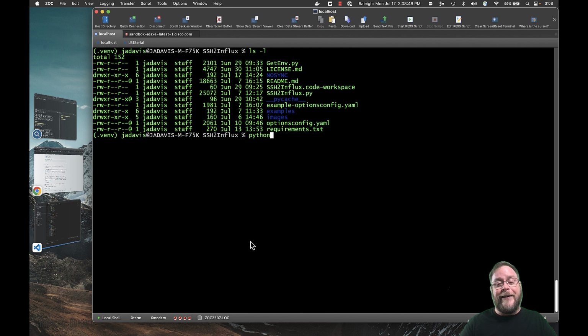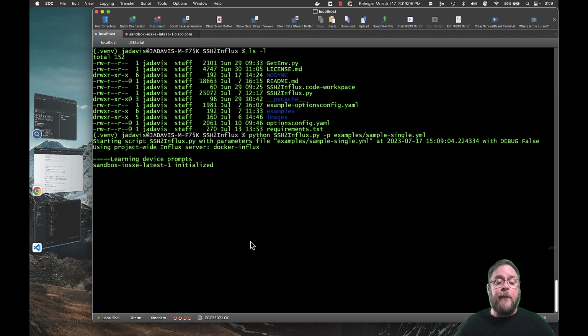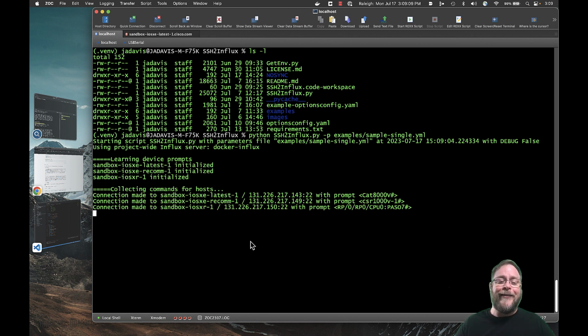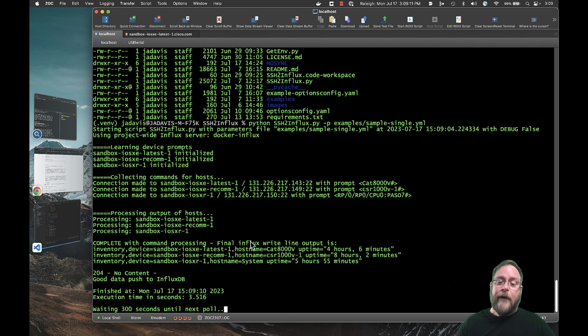So Python, SSH2Influx, Python script. You need to give it a parameters file. So my parameters file is in the examples directory, and sample single file. And there we go. The first thing it does is it learns the device prompts, it stores that and never asks again, and then it executes the command, and then it processes the output, and then it processes it into